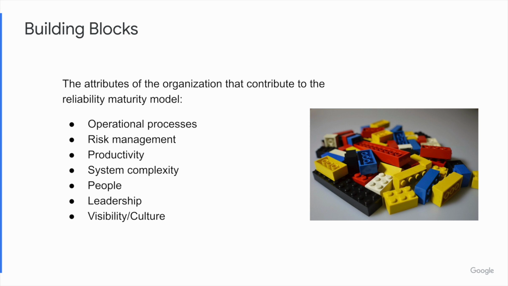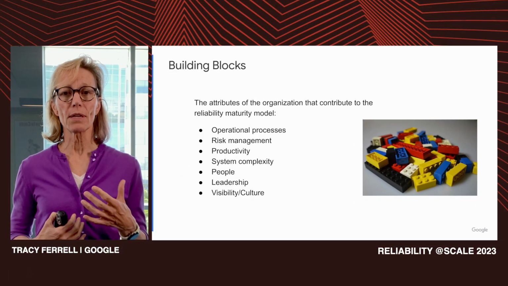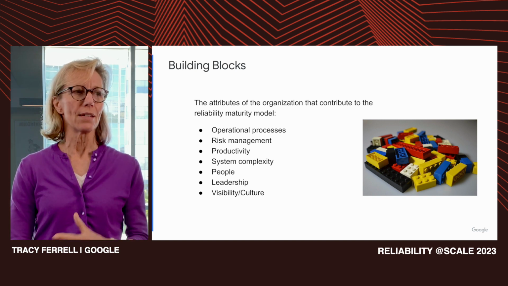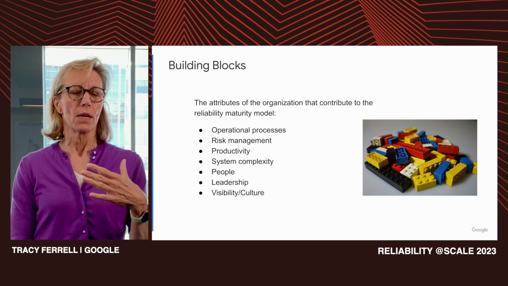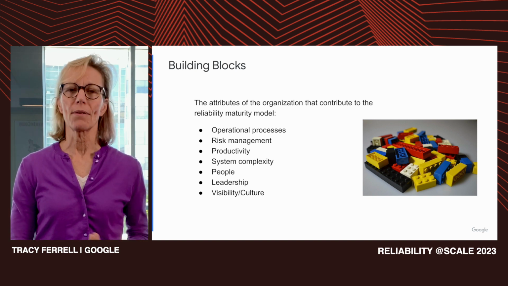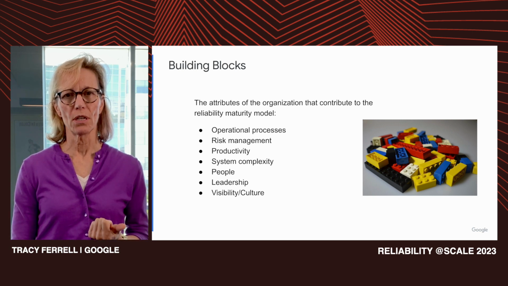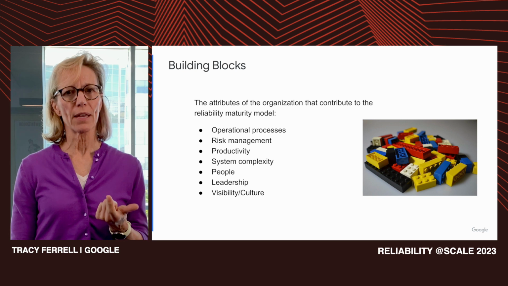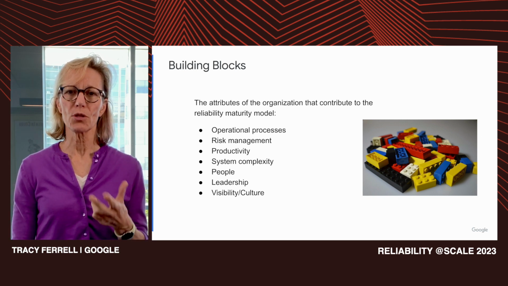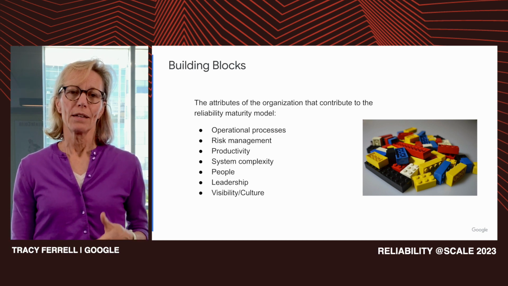So first off is operational processes. This is the basics. These are the metrics and the resulting regular activities the organization takes to maintain production health. These are things like writing postmortems, checking on metrics and trends, attending to postmortem AIs, etc. Risk management. This is the identification, evaluation, classification, and potentially resolution of these reliability risks, which are those future unrealized outages that you haven't had yet.